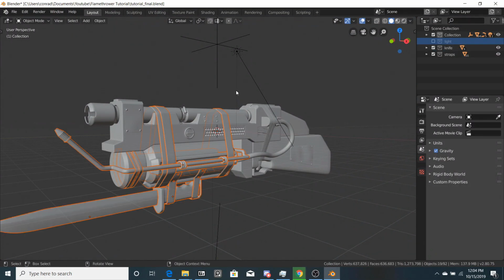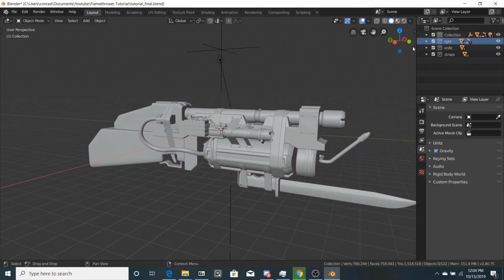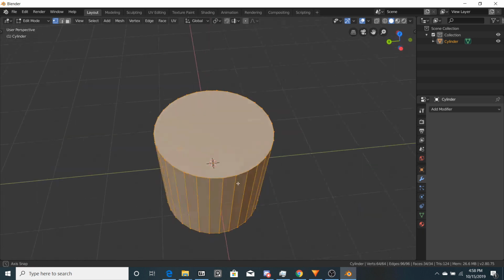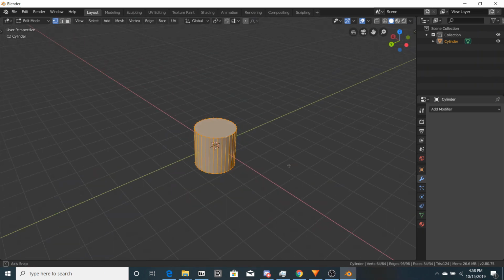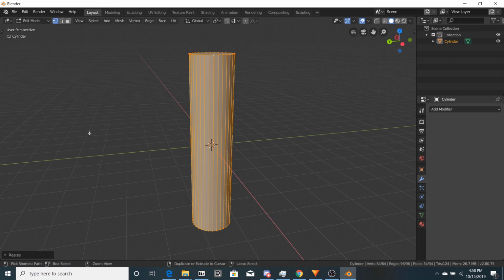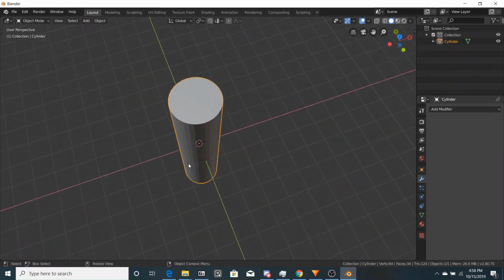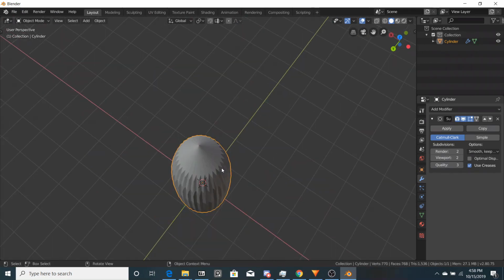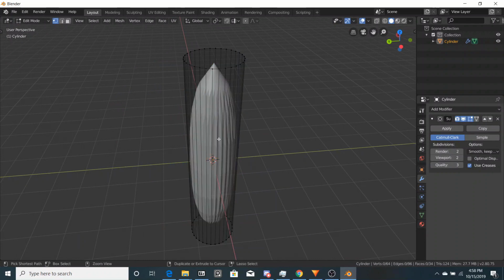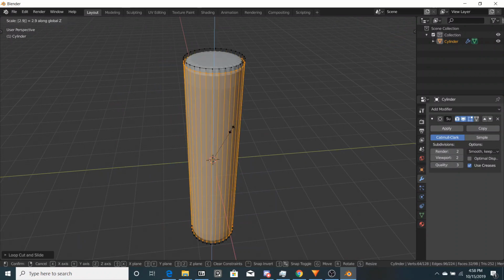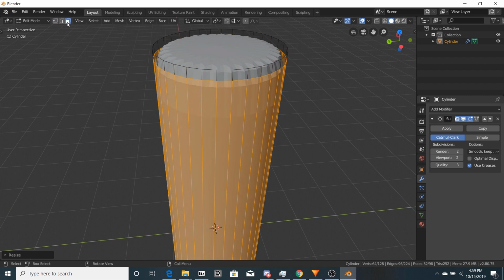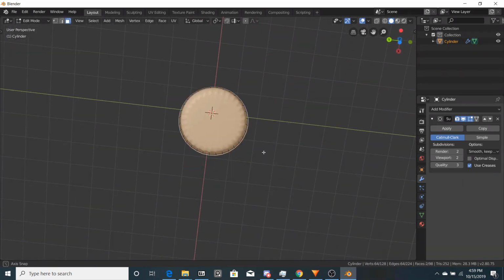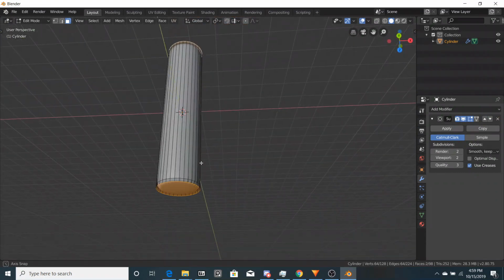So now there's the process of adding details like the bayonet and the flashlight. Okay, quick tip. For cylinders, by default they come with an N-gon end. It looks fine right now, but for most hard surface models you'll want to add a subdivision surface modifier. And as you can see, the N-gon is causing all sorts of weird artifacts. You can obviously add loop cuts, kind of tighten it up, but it still looks a little bumpy and weird, right? So a way you can fix this is you can take the ends of the cylinder and then